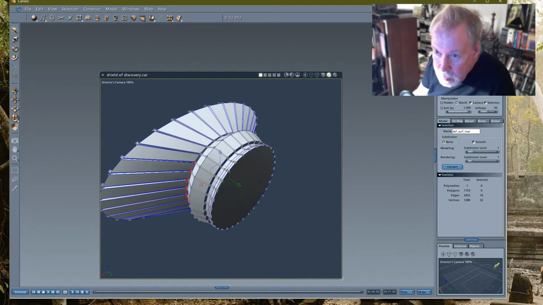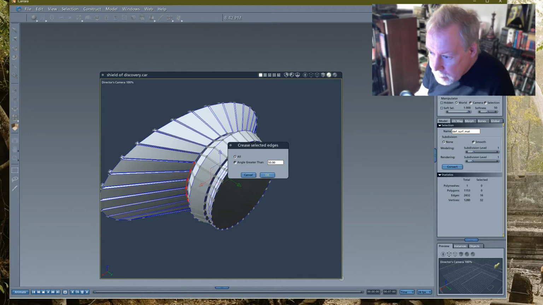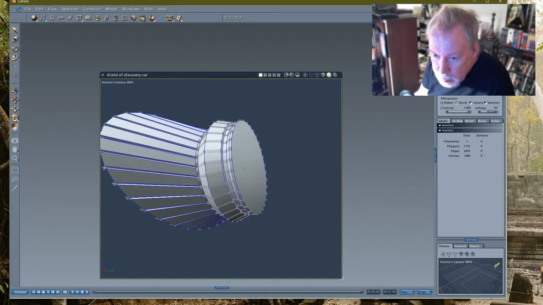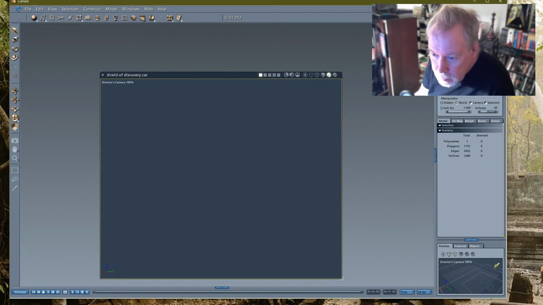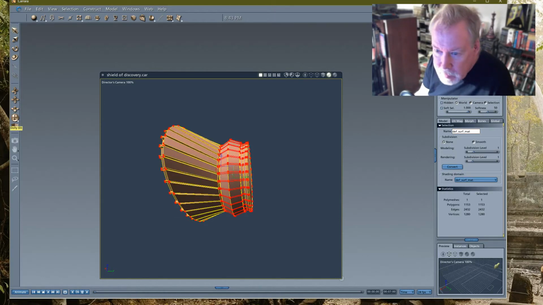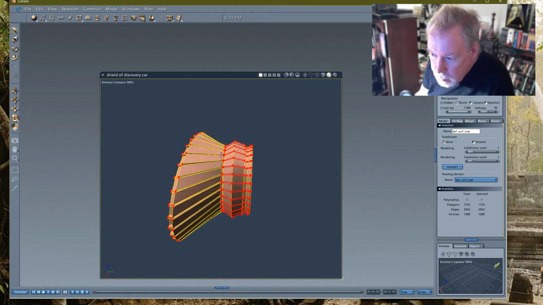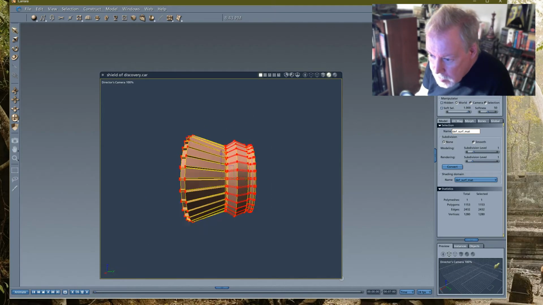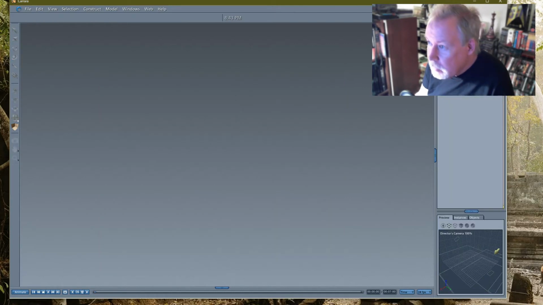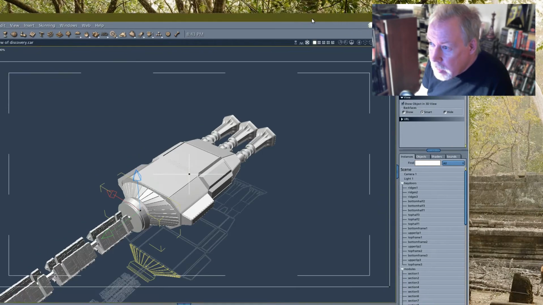Okay, that looks fine. Let's crease those. So here I can just say crease edges and all the selected ones, right? Donk. So they should be yellow color. So now they're blue. Whoop, where'd you go? Oh, that's right. I can't rotate this thing if I don't have anything selected. So all the yellow lines are creased and all the red lines are not creased. Right? That's good enough for now. Get back into the view.